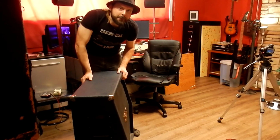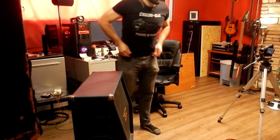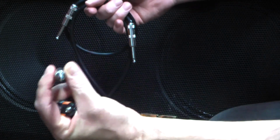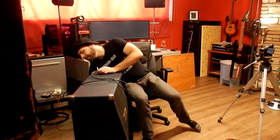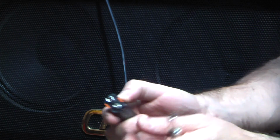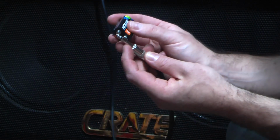Before we go battening down the hatches, we want to do a function check to make sure we got this all correct. Now, to do the function check on a cab, you need a couple of things. You need a speaker cable, obviously. You need a 9-volt battery, and then you need another speaker cable or a dummy end like this guy here. So we're gonna go ahead and plug into the main mono input on this cabinet. And then if you look at the battery, it has positive and negative. Positive is the small round, and the positive is gonna be on the tip, and the negative is gonna be on the sleeve. So we gently tap it,